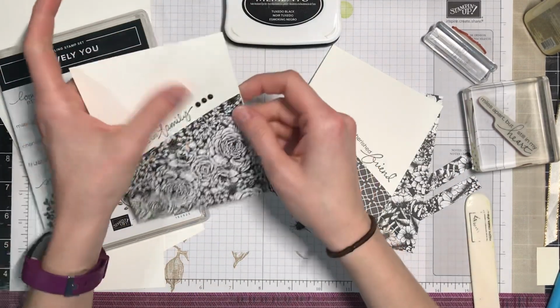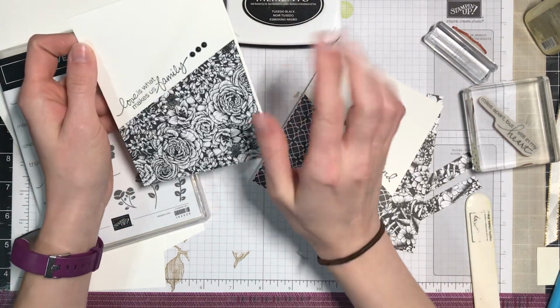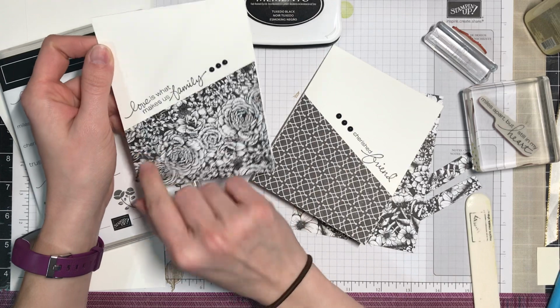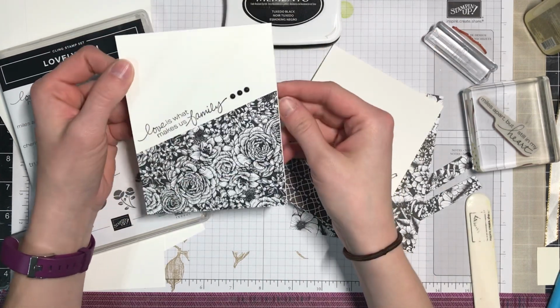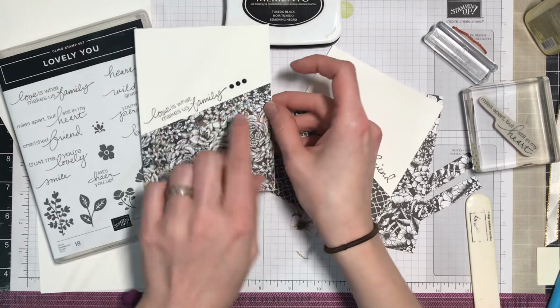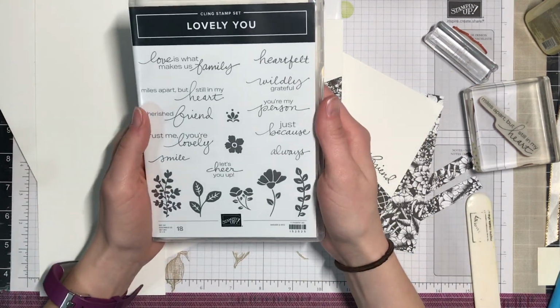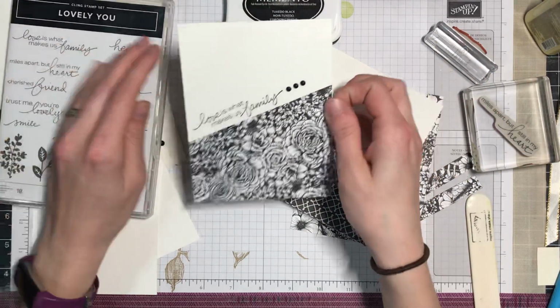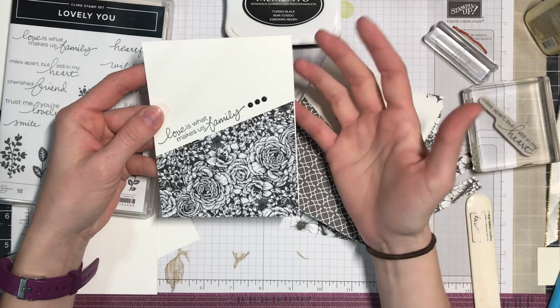This one is an example of a super simple card where it's a combination of letting the designer series paper and some embellishments really be the focal point here, along with a very simple sentiment coming from the lovely You stamp set. This is an example of a card design that you could make stepped up really quickly, but